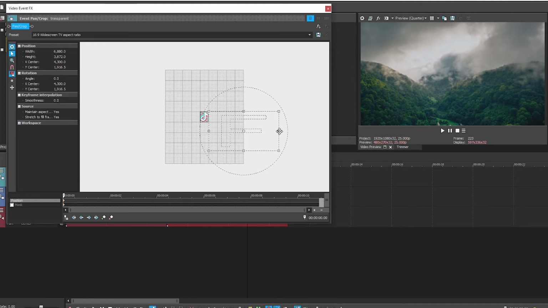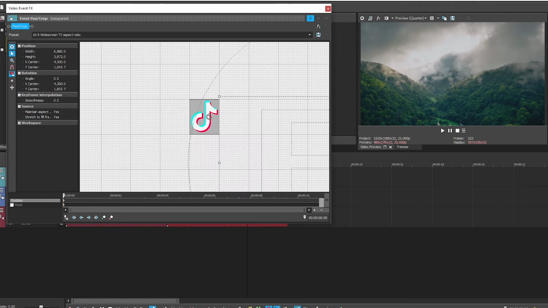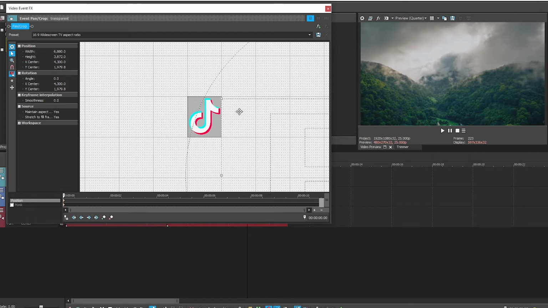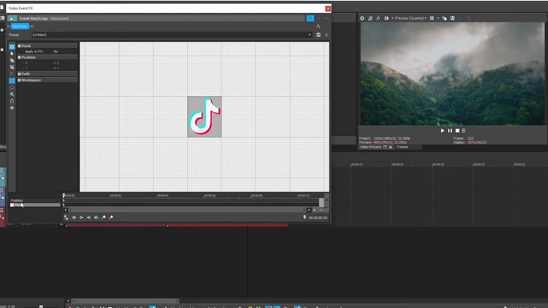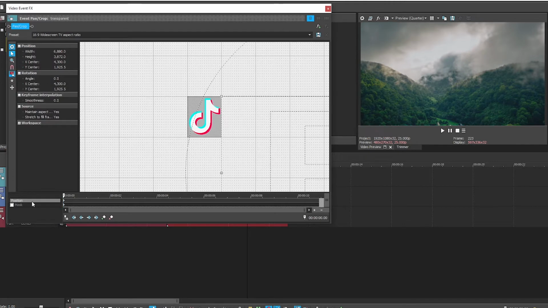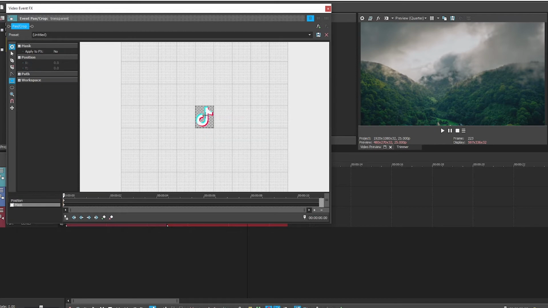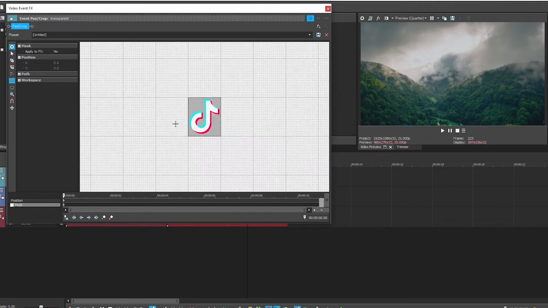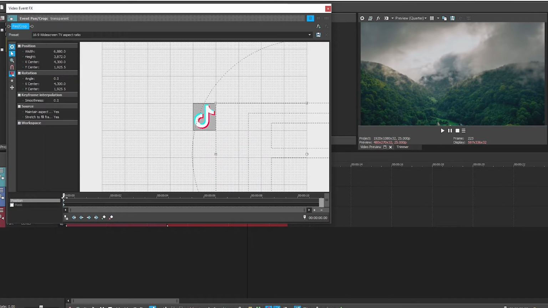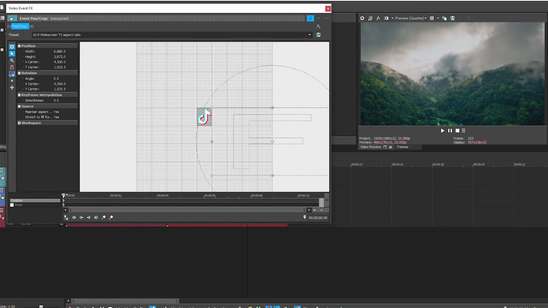So now just make sure it's not in frame. Okay, so it's not in frame. Go to your keyframe, make sure you're always on position. Don't make the mistake of going to mask, you're just gonna mess up your work. And if you go to mask, you're gonna know, because you're not gonna have any anchor points, so be aware of that. So position, go to your first keyframe, add a keyframe, right,